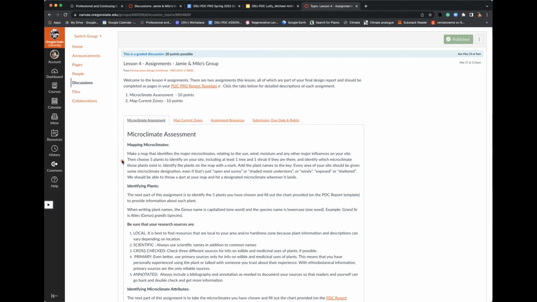We also want to identify 5 different plants that are on the site. And not every site's going to have this, but if possible, we want to have at least 1 tree and 1 shrub. And in itself, we want to get a little bit in depth. We want to have the genus and species, the common name,